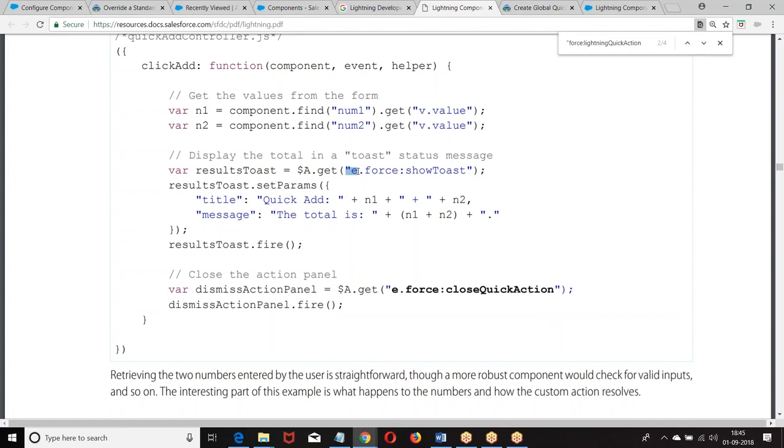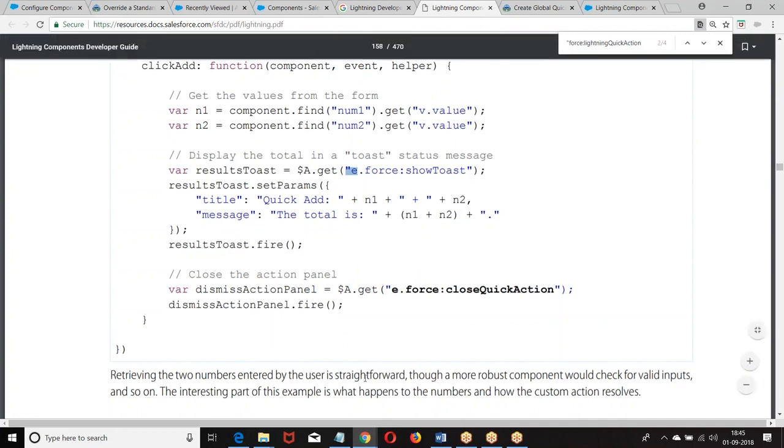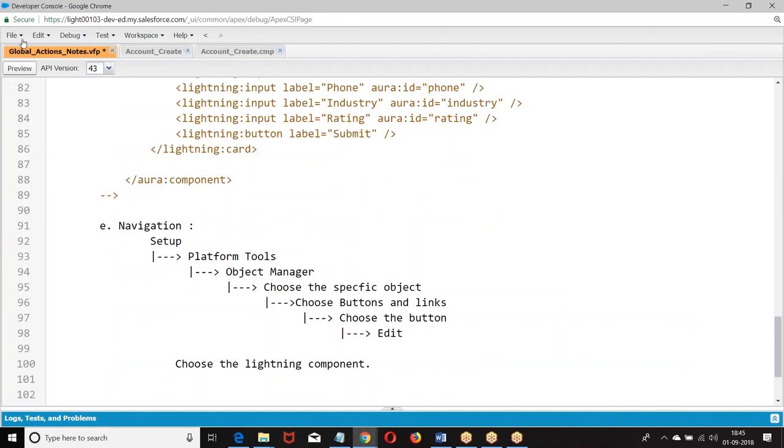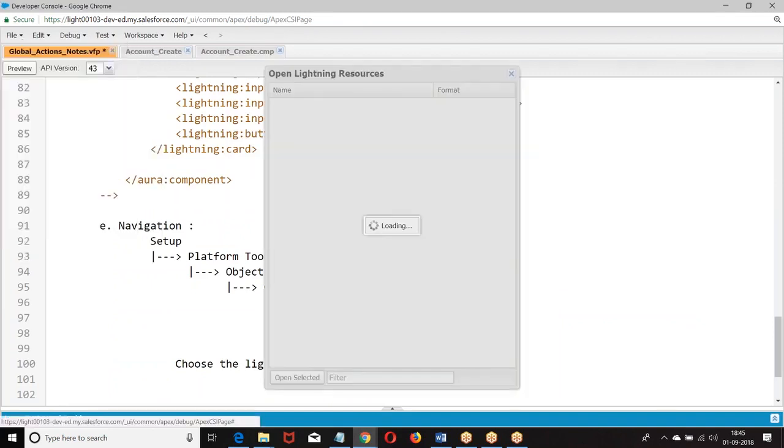If you want to pass the parameters in the event, how do you pass it?